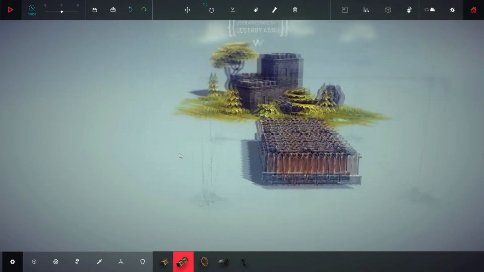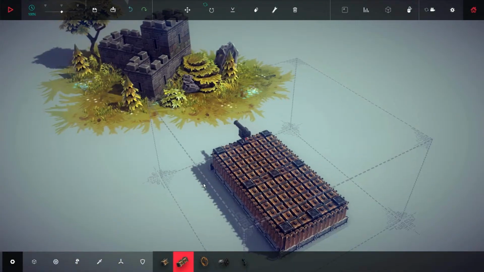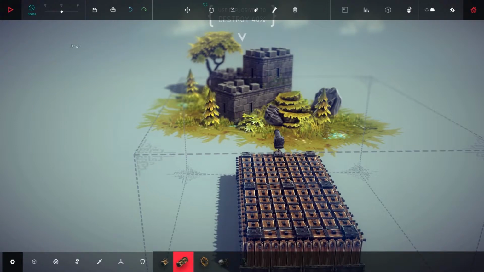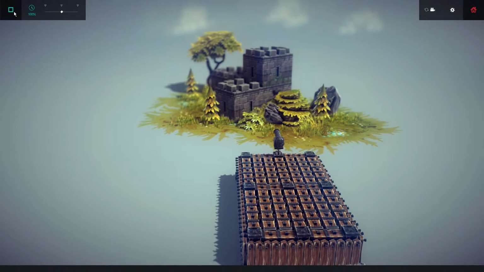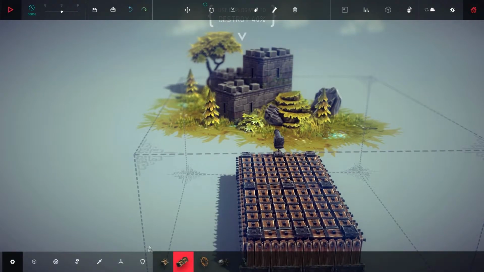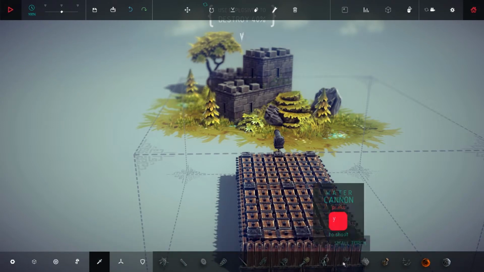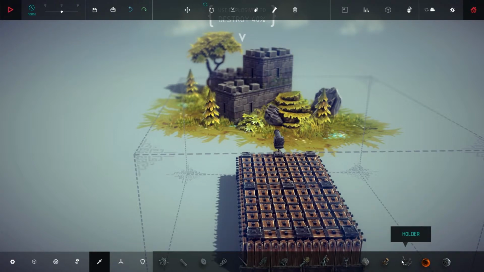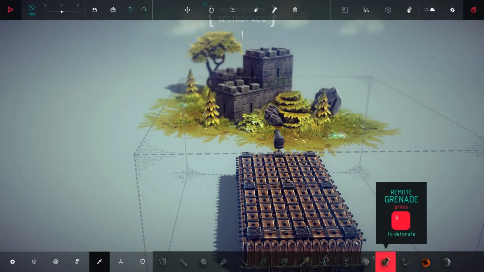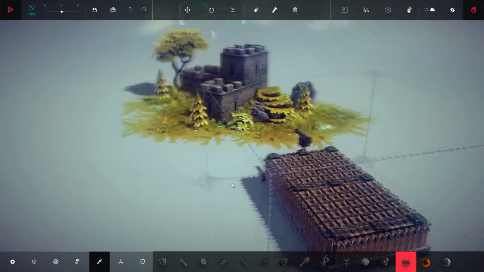Use explosives to destroy 40%. Don't actually have any explosives. Let's just see. Do cannons count as being explosive? Let's just... No. Okay then, explosives. Explodes on impact. Remote grenade. Interesting. That would presumably mean you would need...